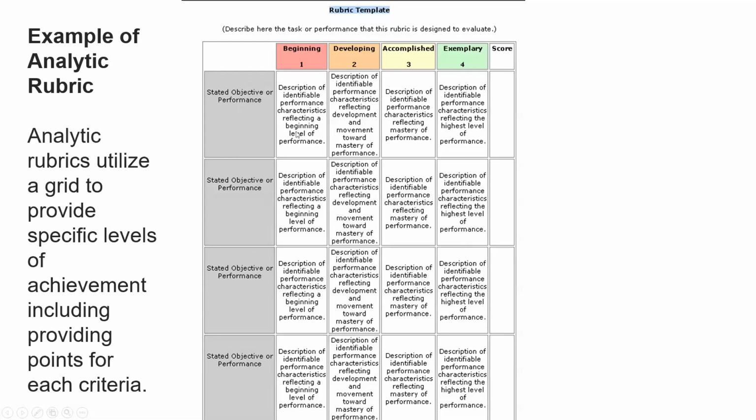When you're talking about beginning level of performance, that's where you're going to tell them what they can and what they cannot do. Similarly for developing as well as the rest. But of course, when it comes to exemplary, surely there will be no weaknesses. You will be saying, you can do this, you're able to connect this, you're going to have all the positive things in the exemplary, to really indicate the standard.